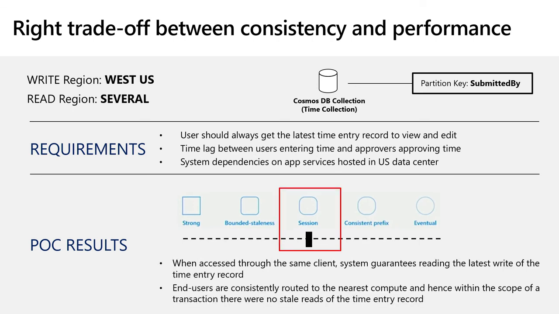Again, from an availability point of view, we got high availability. From a cost point of view, it's better. And third, from a performance point of view, it's faster. So that's how you select based on your data load, your patterns, your requirements. You can select which one works for you. 80% of our customers and users use session, but there are situations where you want to use other consistency levels.